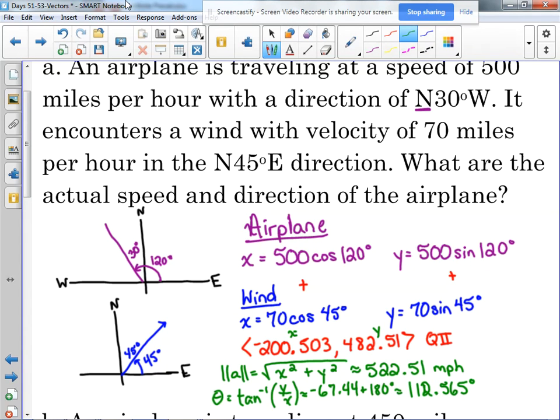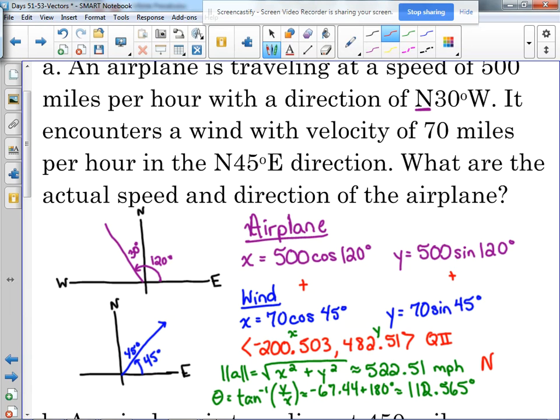Now, I'm fine with you leaving the answer like that, but what if this is a multiple choice question and it gives it to you since our original things were in north, whatever, east, and west? How do we put it in that same form? Okay, well, let's go back to our original picture right here. This was north 30 degrees west, and it was 120 degrees. We've got 112 degrees. So if we subtract the 90 from that,